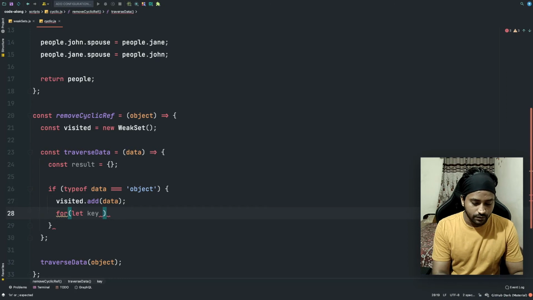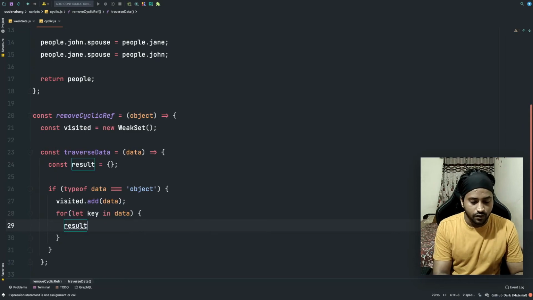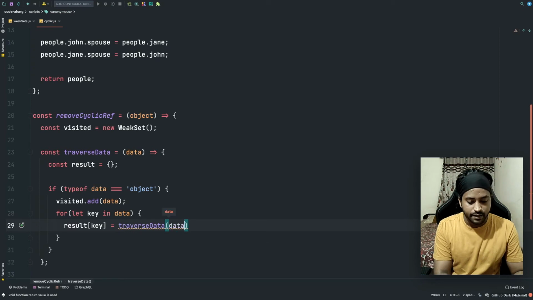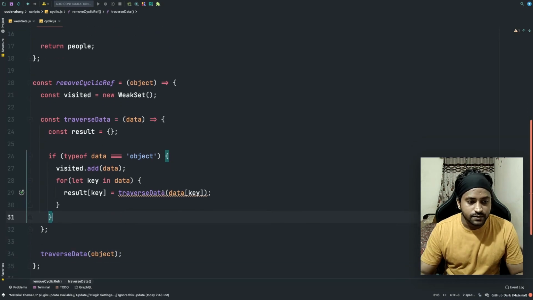So we will loop over this using our for loop, and in our for loop, result of key is equal to, we will just recursively call this again, and we will say data of key.